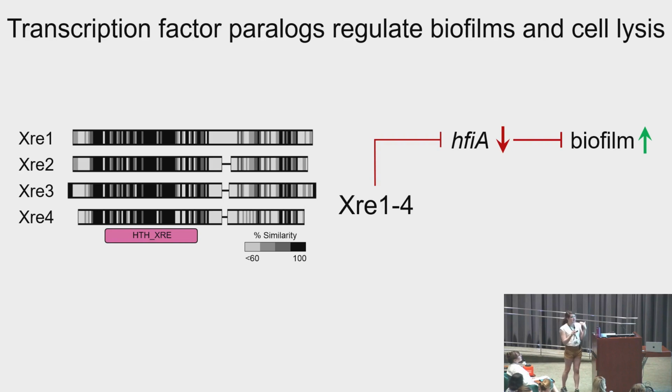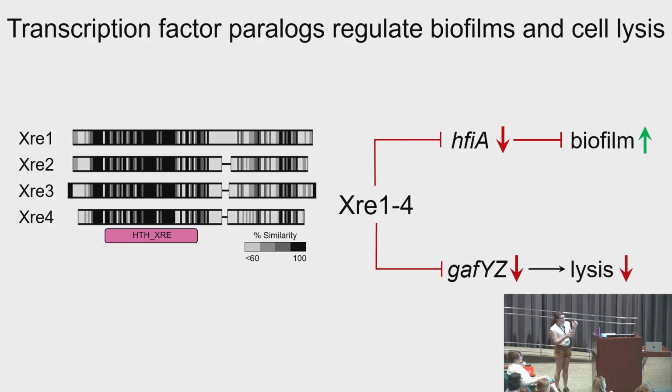They do this by acting as a repressor of this gene known as HFIA. HFIA encodes this biofilm inhibitor protein. So by inhibiting the inhibitor, they have a positive effect on biofilm formation. I also saw that these XREs acted as repressors of the system known as GAFYZ, which was recently identified as an activator for a cell lysis pathway. And so we know that they're doing several different processes, and actually from other data, we know that they're influencing